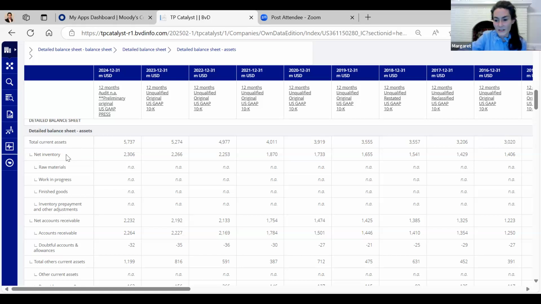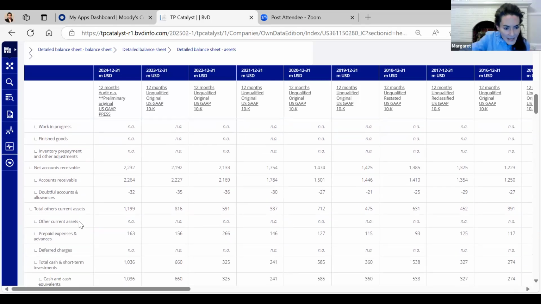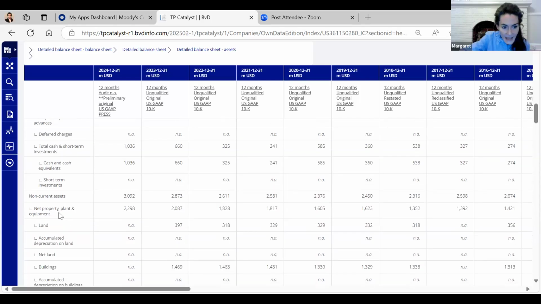So if we were just thinking about the working capital adjustments, you would put in data for net inventory. And we're always going to use the net version of these line items. So it would be net inventory, net accounts receivable, and net property, plant, and equipment.